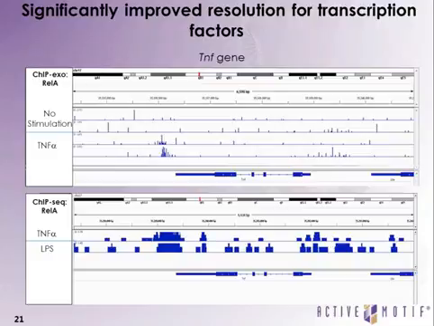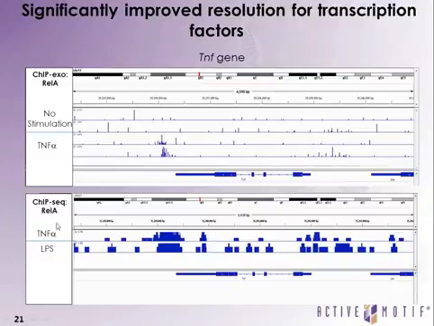They provided us with an antibody, which they said did work pretty well in ChIP-Seq, but they hadn't really had the greatest success with this antibody. So using that antibody in our ChIP-Exo reaction, when we looked at the TNF-stimulated samples, we identify a very tight binding site right here at the end of the TNF gene,